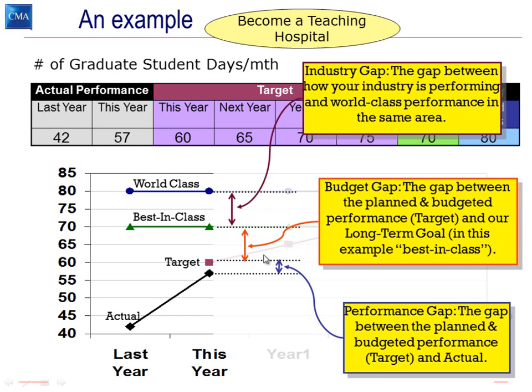So these different gaps are important to understand, because when you take a look at our performance, comparing yourself to best in class or world class may not be the appropriate comparator depending on the questions that you're asking yourself. It's also important to understand the relative or strategic importance of those gaps so that you can focus on closing the right ones.